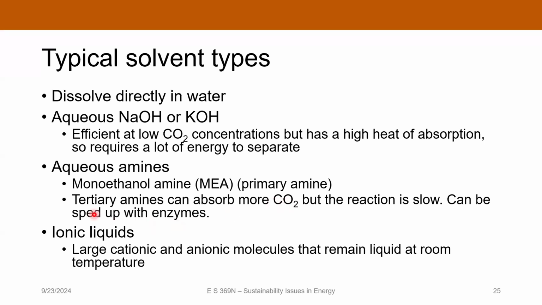Okay. There's also some research going on right now into these things called ionic liquids. These are just really large molecules that are liquid at room temperature. And again, they have very good CO2 absorption properties that make them interesting targets for that, but the technology is not as mature right now. So like I said, for doing this on a power plant, amines are probably the way you're going to go. Okay,